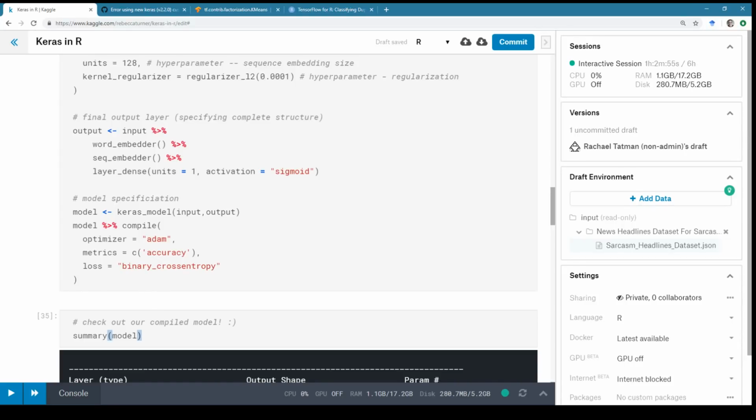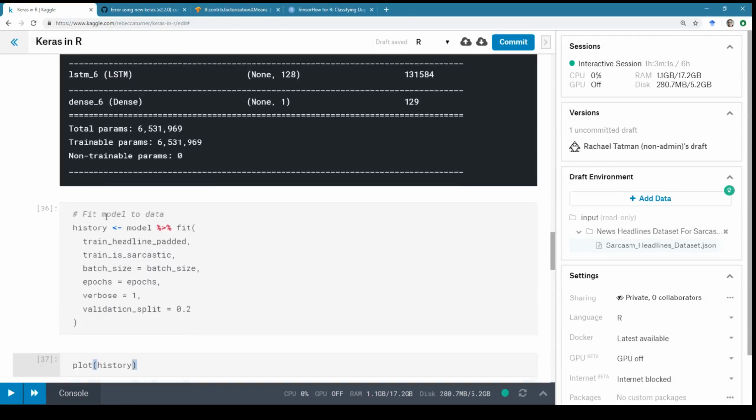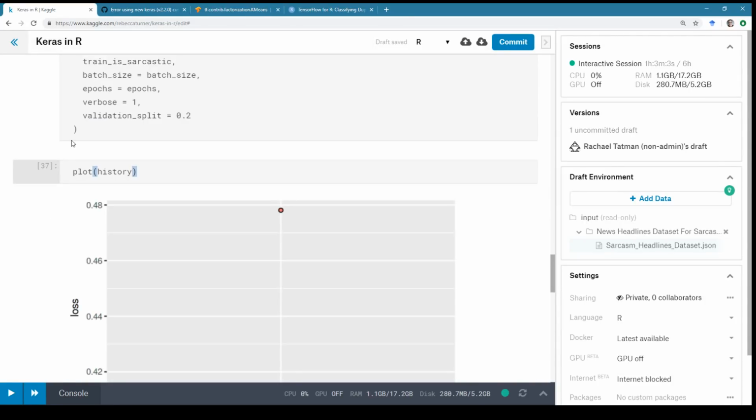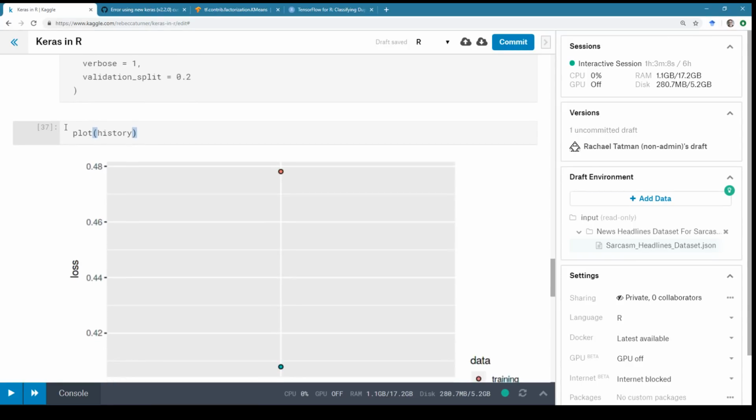Magician says, it says validation_split equals 0.2. Maybe I'm misunderstanding, but isn't that splitting off a validation chunk? I think it is, and I'm okay with it doing that because I also have additional validation data, and you can never have too many validation data sets. That is my stance on the matter.